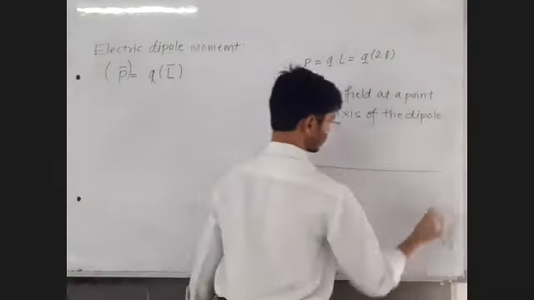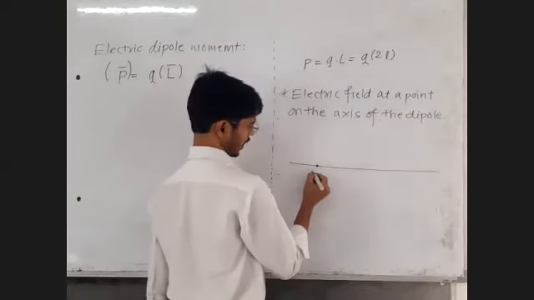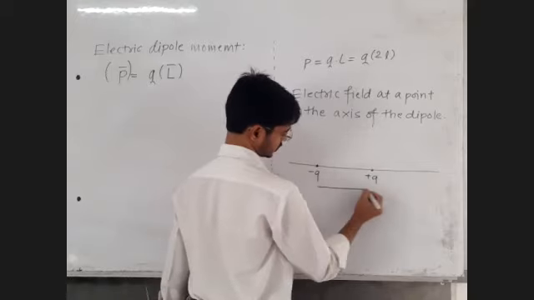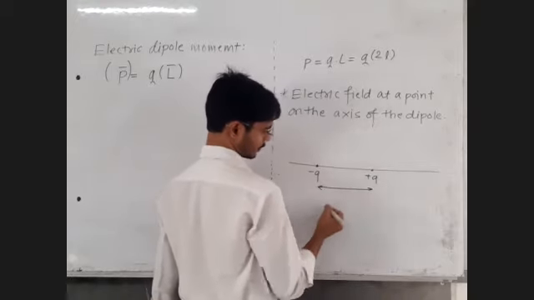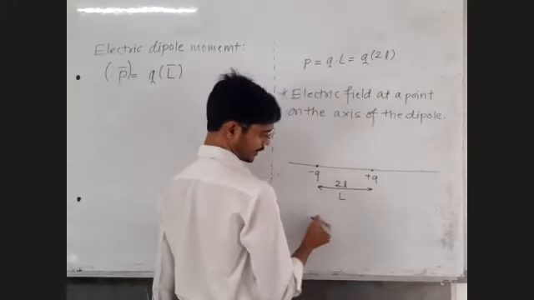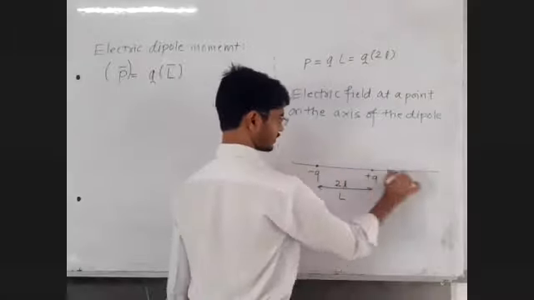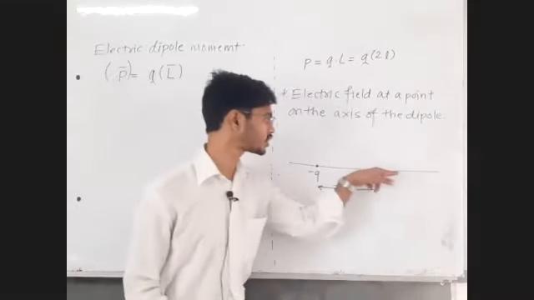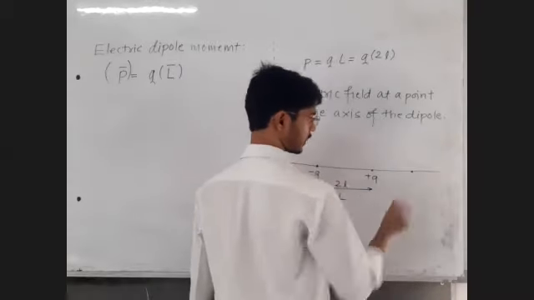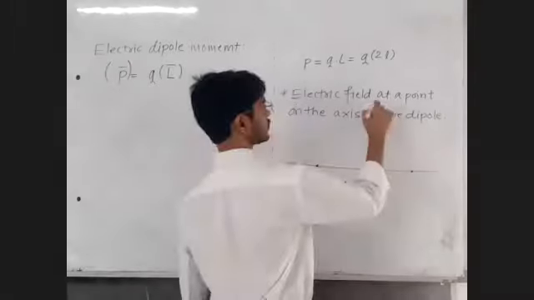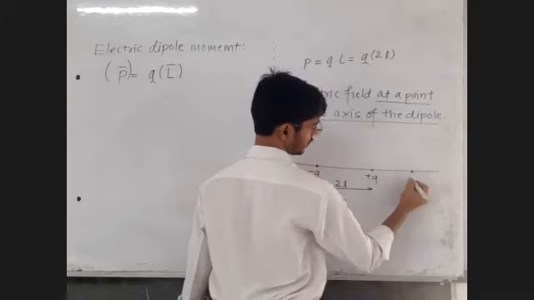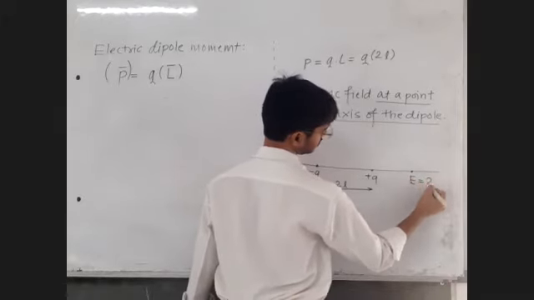Okay, let us draw the dipole first. So here we have a negative charge. Here we have the positive charge. This is the distance between the two poles. Let us write that as 2 times small l or capital L, and this line, the line passing through the given 2 point charges, is called the axis of the dipole. So this point is the point on the axis of the dipole, where we want to find out the electric field E is equal to question mark.